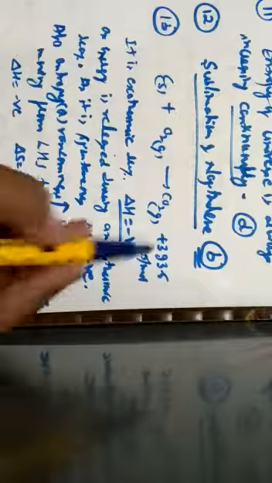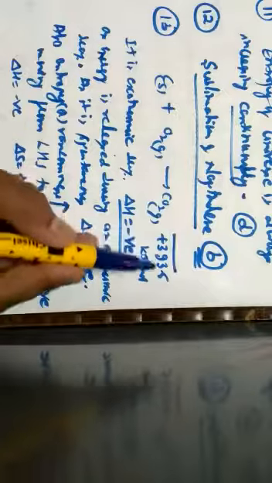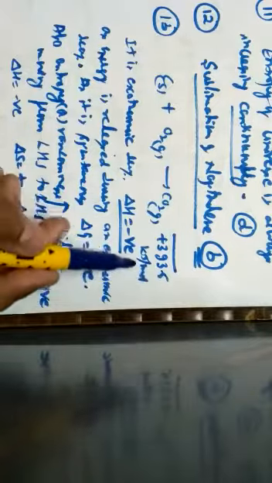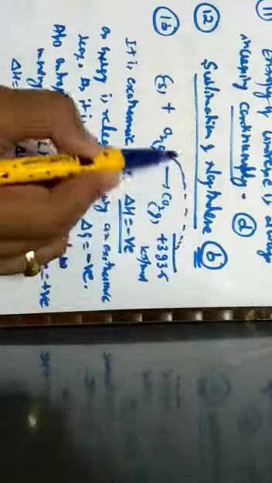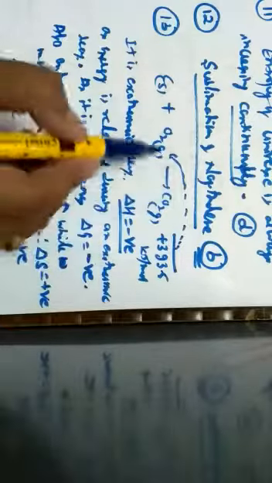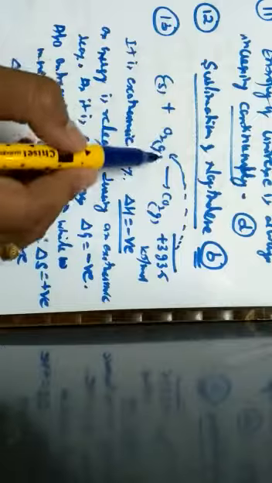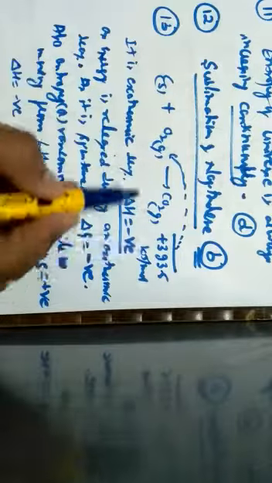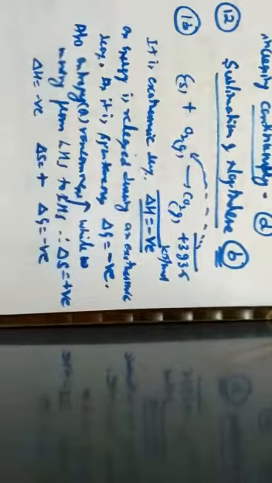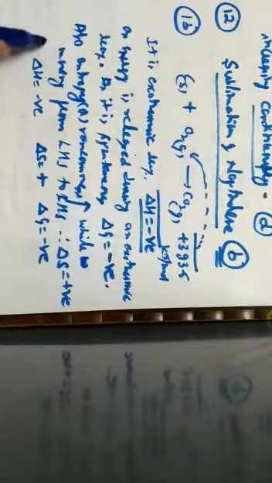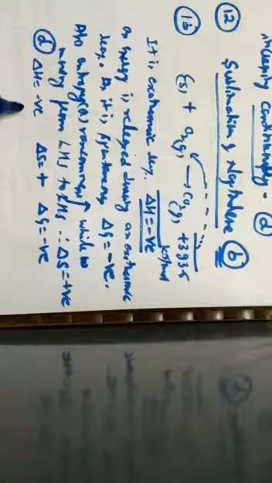Now a question comes: sir, since it is plus 393.5, why are you telling it is exothermic? Because when this energy term is taken towards the LHS, so much amount of energy is negative, which means energy has been released. Hence it is considered exothermic, where delta H is negative. So this is given by option D, that is delta H is negative, delta S is positive and delta G is negative.